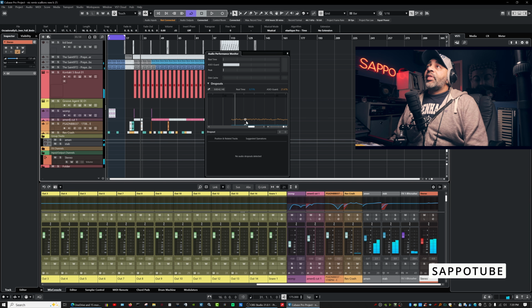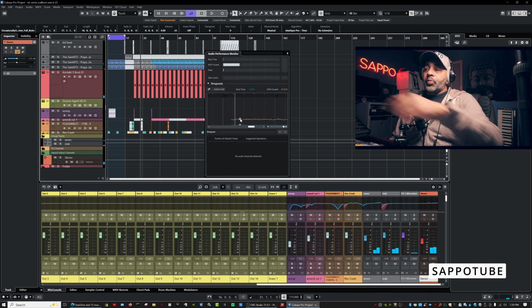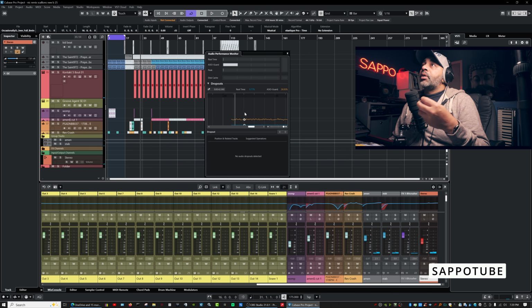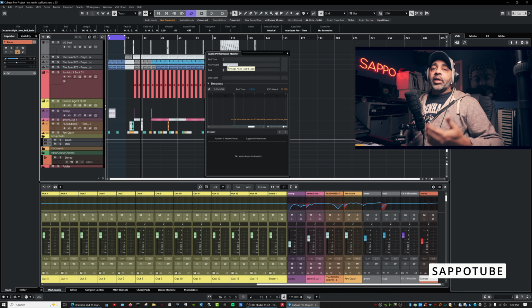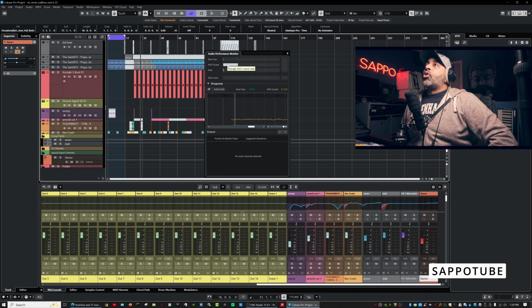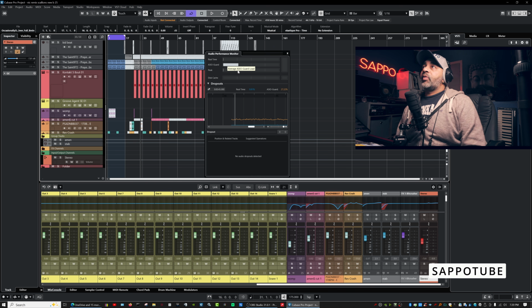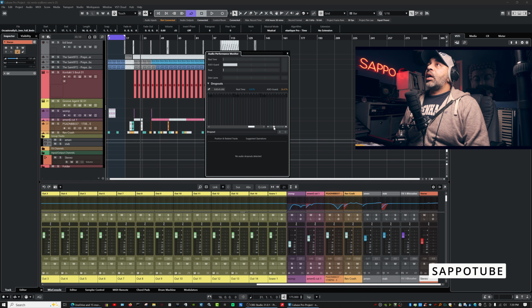So you can see straight away there, you can see here the 2 different types of load meters. So there's a real-time load and there's an ASIO guard load. So ASIO guard is then set by how you want it, medium, large, all that kind of stuff. But the cool thing about this one is we can actually get a snapshot of the whole track. So I can zoom in and out here, and eventually I can then see where things will be overloaded in